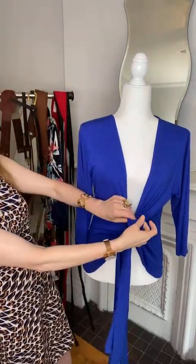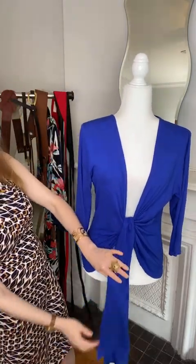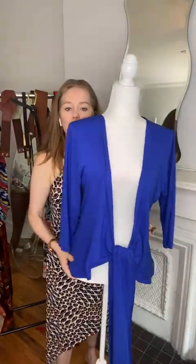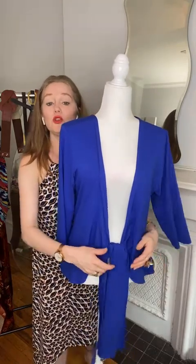I love it. I'm all for these tricks. I absolutely love these tricks. Okay, so you can see here all the way down the body. Now, notice what happens if I take this and do that. This is what most of us do. So you may have something similar in your closet, and you think, I've just never worn it, and you don't know why. Probably because you're wearing it wrong. Okay, it is very important. Or it could mean that the tie part goes too close to the